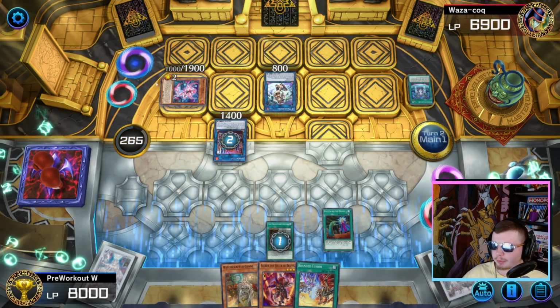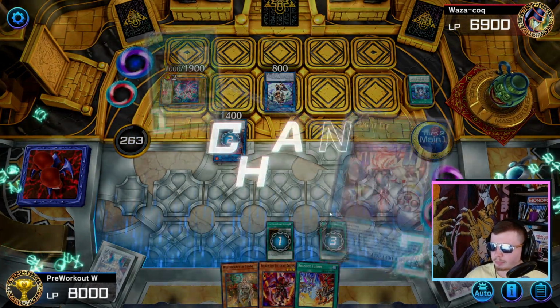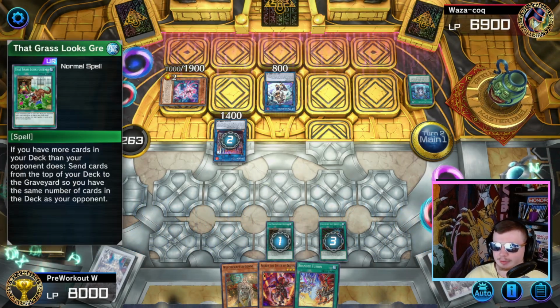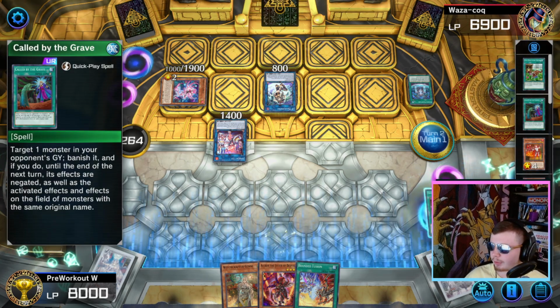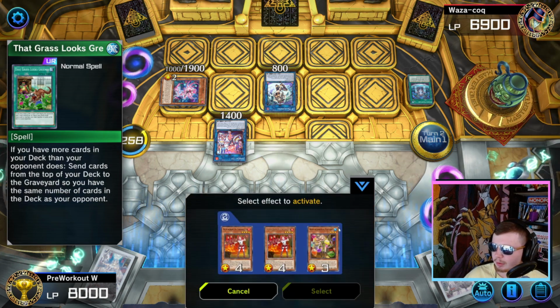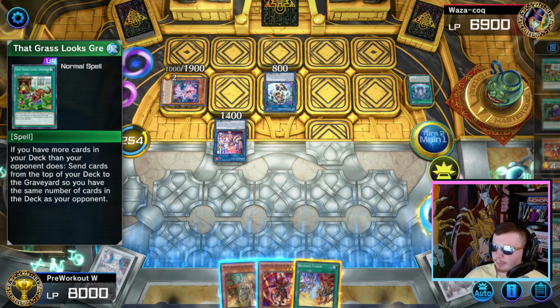Sure, we'll make them lose one of their Link 2s. That means they're going to tribute the elf. So that's pretty good for us, actually. It's not the best, but the fact that we get this grass is actually pretty massive. We do have a little bit of workaround. Do we get a snow in here? We did not get a snow. Okay. Getting a snow in there would have been absolutely fantastic. Okay, so we can go...